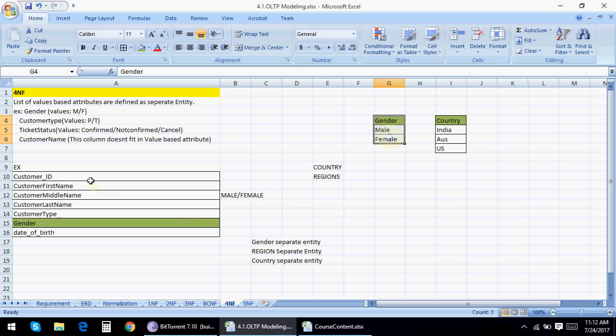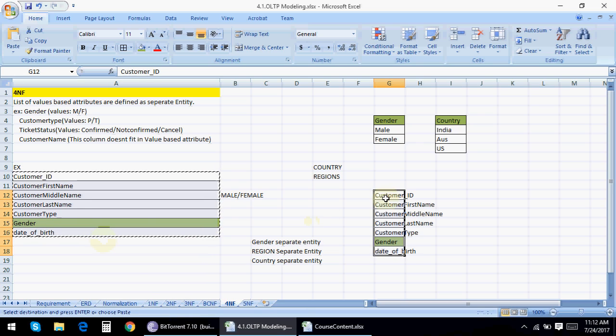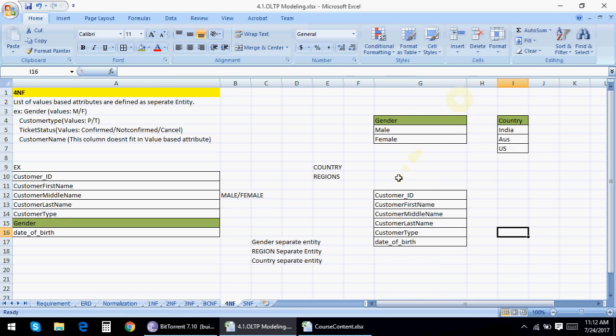After reaching fourth normal form, my base table will remain like this, with 6 columns, and gender will be in a separate table.